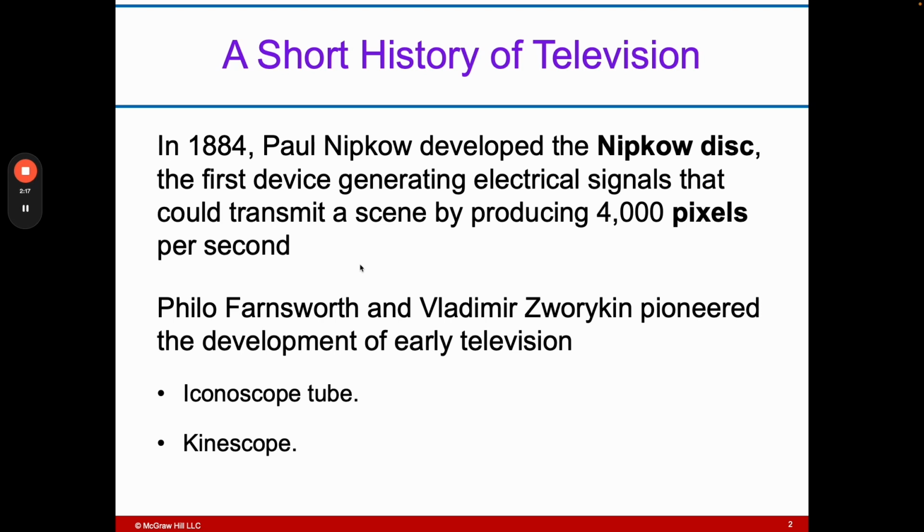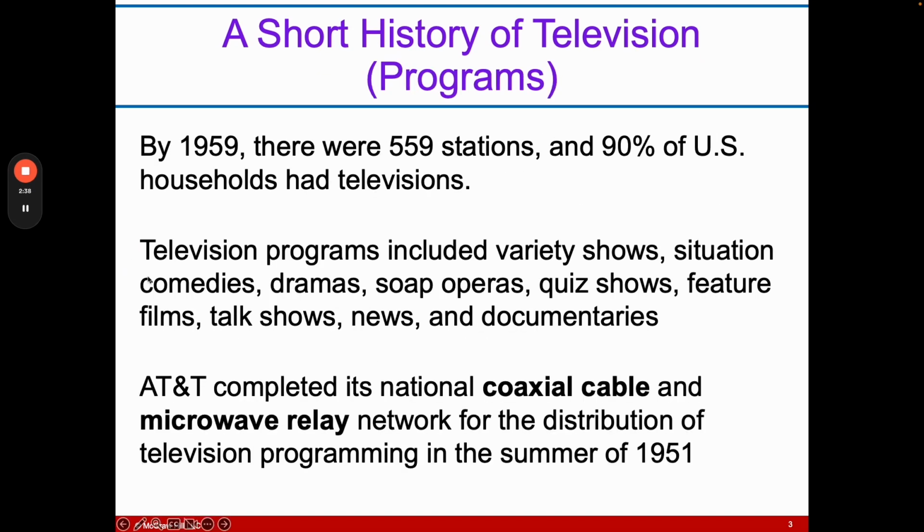There were a lot of people, though, that ended up building off of that Nipkow disc and getting it to TV that we see in our current form. It was really in the 1920s. Things started moving a lot more quickly, and then it got into the 1930s, and we saw a lot more change as well coming to televisions. World War II, there was a little bit of a pause there, obviously with production of things and any development of things. But by the early 1950s, there were TV stations and TVs in homes around the country.